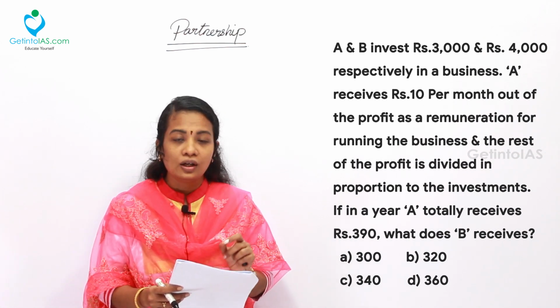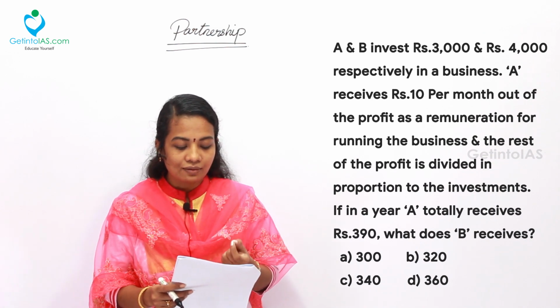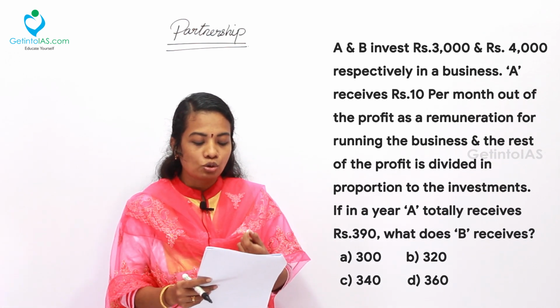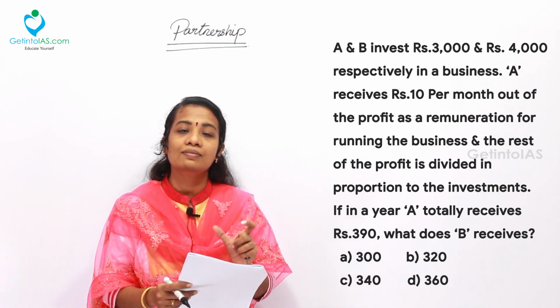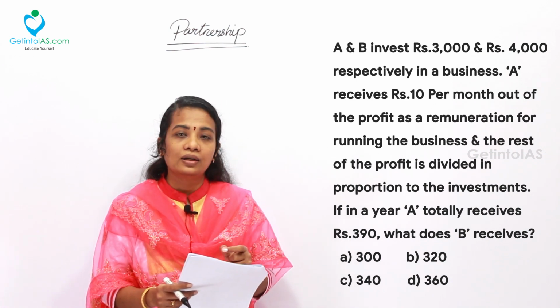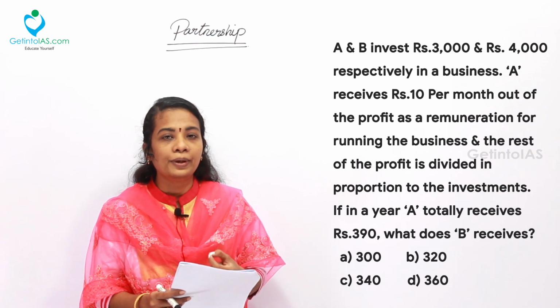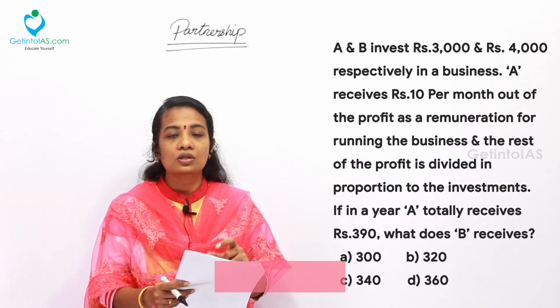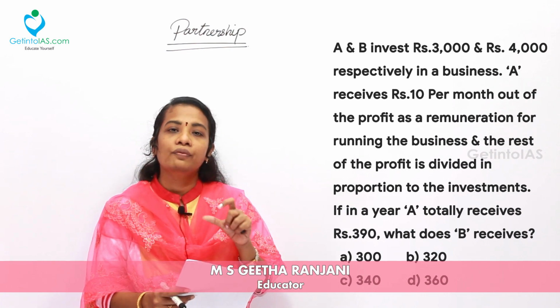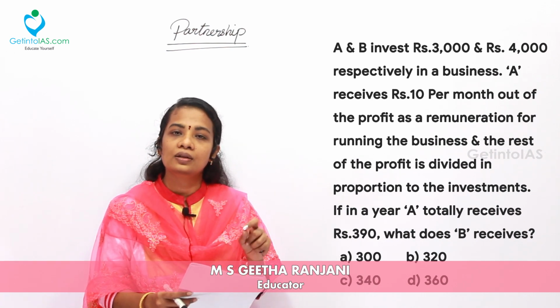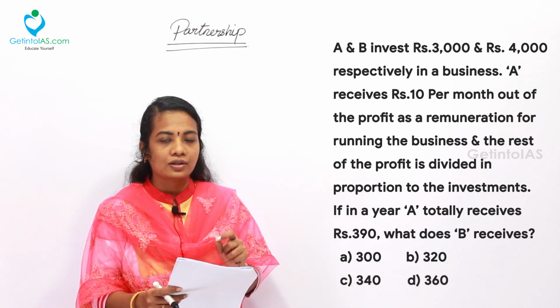This is similar to the previous question, in which we solved that C is to be allowed rupees 2000 as monthly salary from the profit. So we have said that every working partner will be allowed a remuneration, which is to be deducted from the gross profit to get the net profit. From the net profit, the shares of every partner are divided as profit.